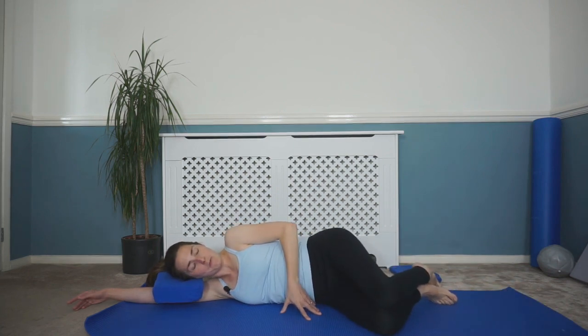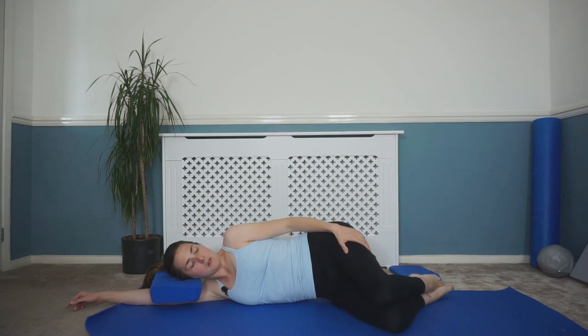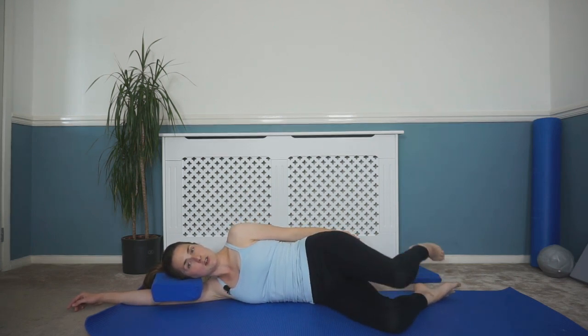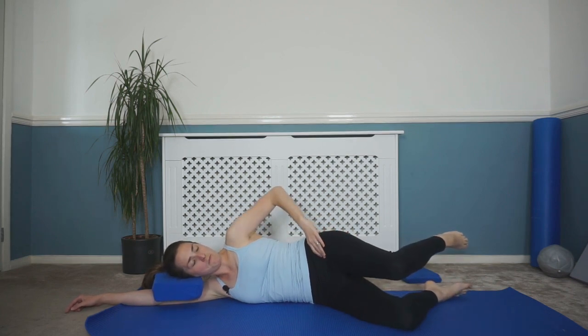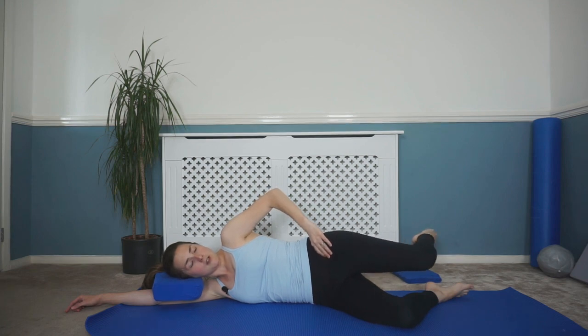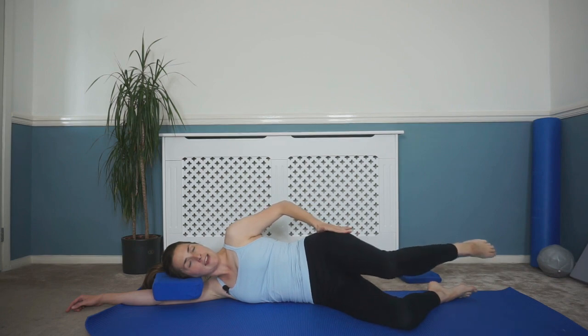Bend those knees back up. Very good. Okay, so from here we're going to do our sidekick movement again, what we did before. So hips still staying stacked, that core still engaged. We're going to lift this top leg just to that hip height position. And we're going to glide this leg forwards and gliding it back. So just keeping that leg nice and controlled and maintaining that hip height position as you glide the leg forwards